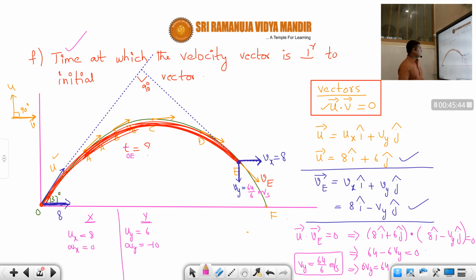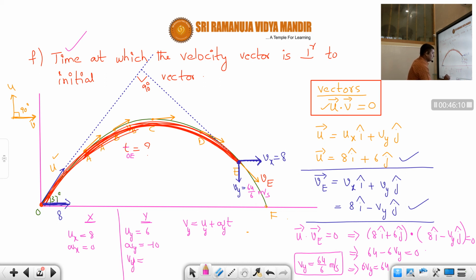So that means if I use the equation, generally for time we use the equation v is equal to u plus at. I cannot apply this equation in the x direction, because if I write it in the x direction, then ax is anyway 0, right? That means vx is always equal to ux, that we anyway know. So I have to apply this equation only in the y direction. Vy is equal to uy plus ay t. So Vy, I just now calculated.